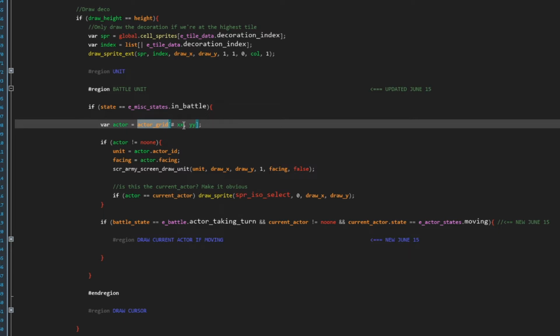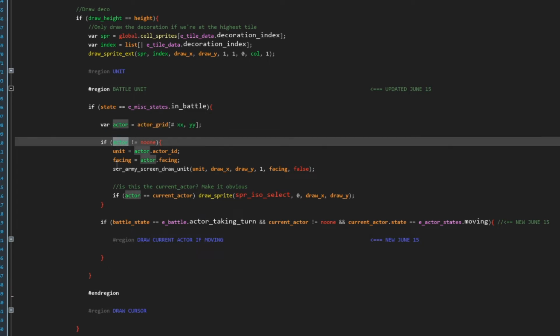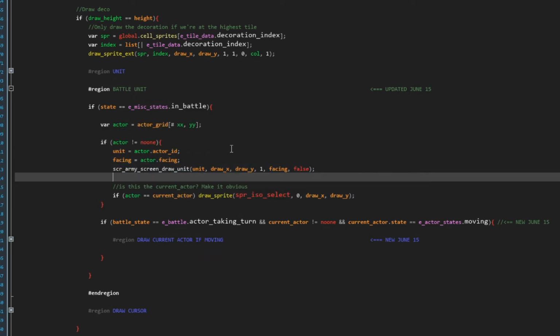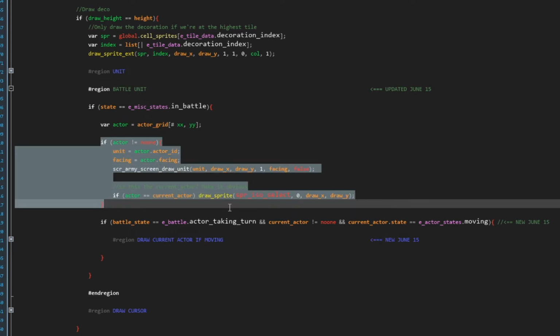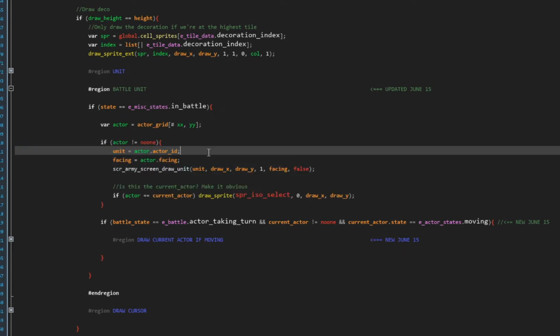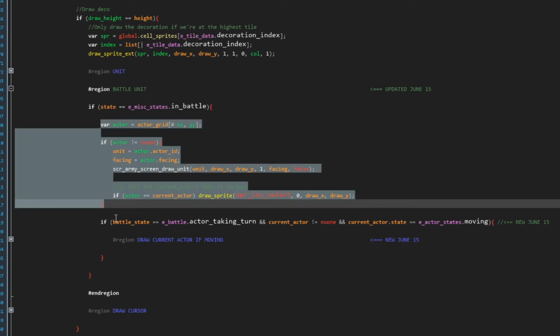Usually an actor will have its ID stored in here, including the current actor, and that's why it'll say if actor is not equal to no one, draw it. When we move the current actor, actor is going to equal no one because we're setting the current actor's cell as no one, because we don't want to draw it here. We want to draw it ourselves because we want to show the gradual movement, and we can't do it using this code,